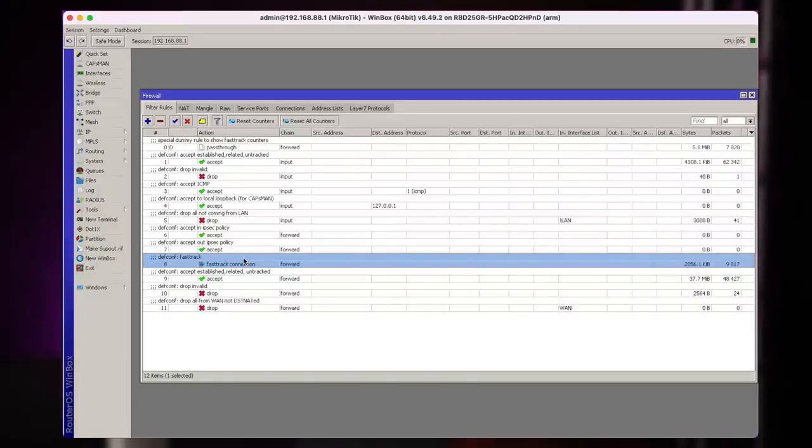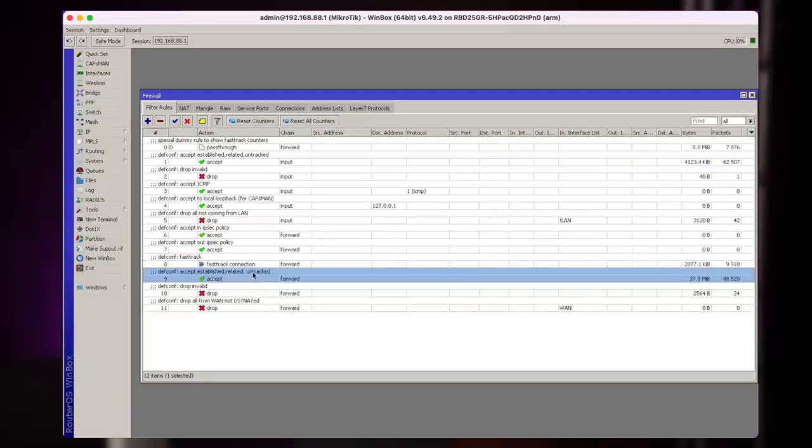So it will just, like it says in the name, fast track connections without doing additional processing, and so that makes your download speeds faster, basically. For most people it's fine, but as you will see in a little moment, there are situations where we need to disable this rule and sacrifice a little bit of speed to get more functionality.